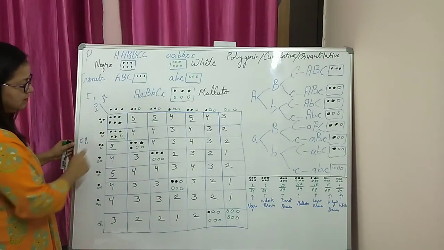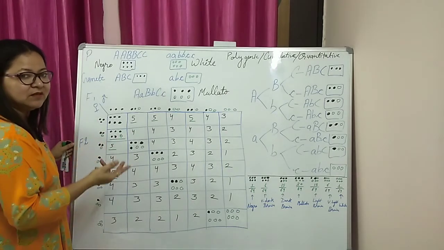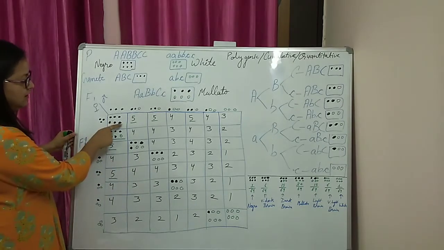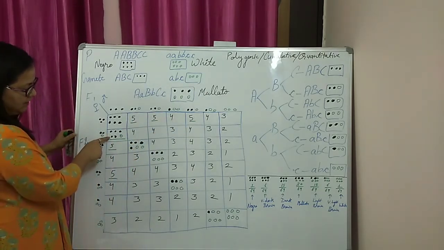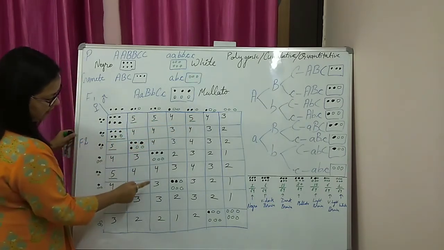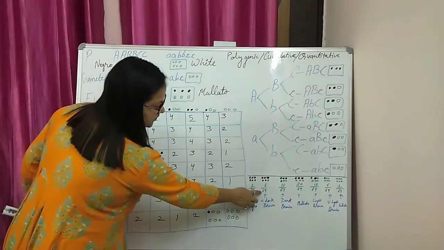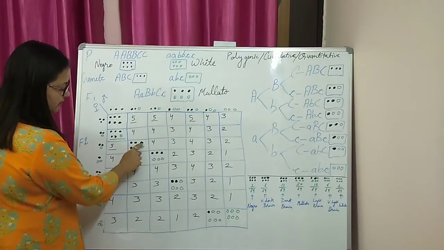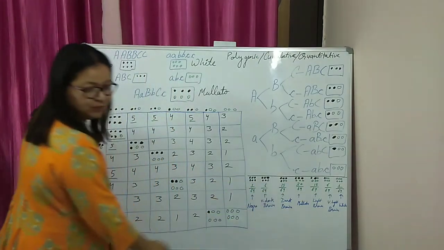So we can use a symbol, or just the number of dominant alleles, which is responsible for the phenotypic expression. So we can write the number of dominant alleles like this. So 1 I have drawn here, 5 dominant alleles. We can count where we are getting the 5 dominant alleles. So this is 6 times out of 64. Next we can count for the 4. How many 4 are present? That is 15. We are getting the dark brown.